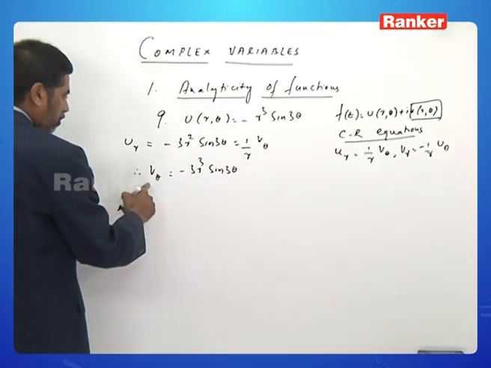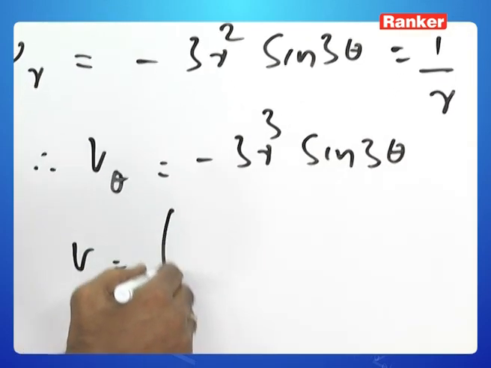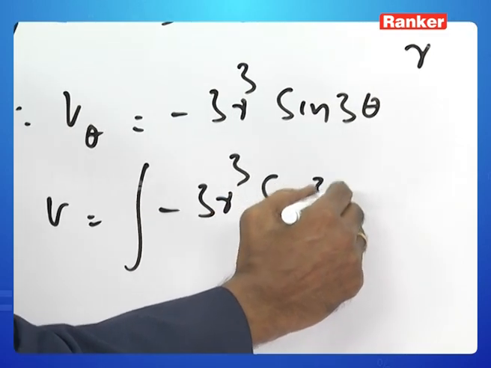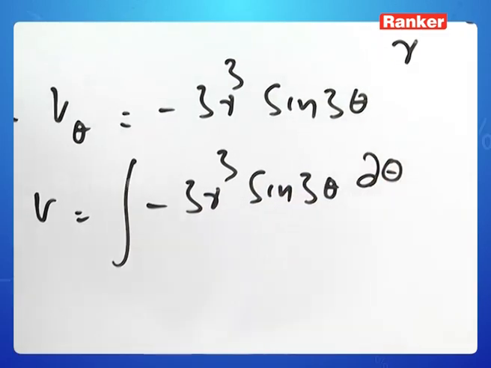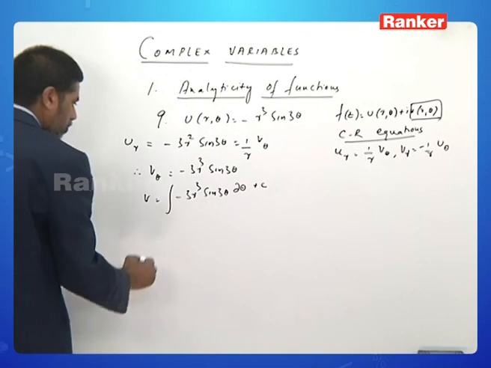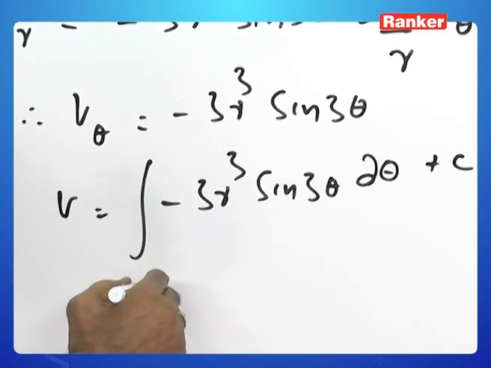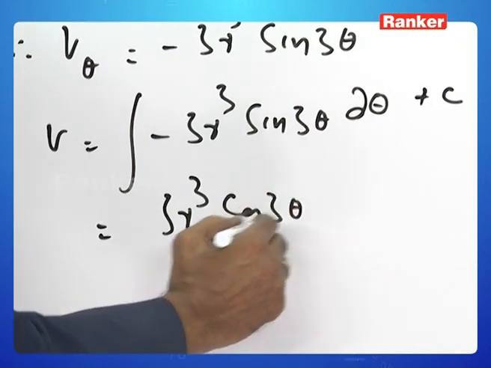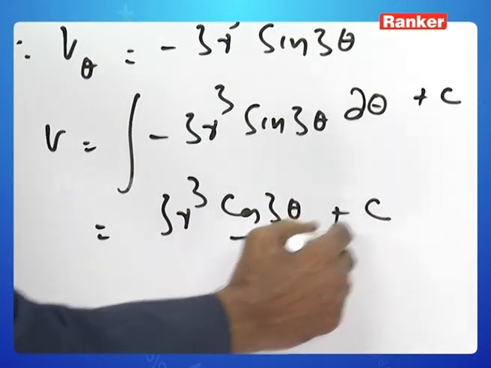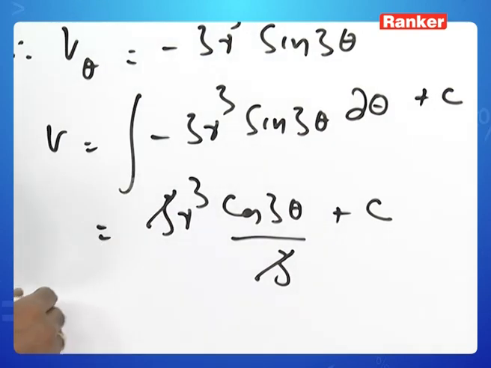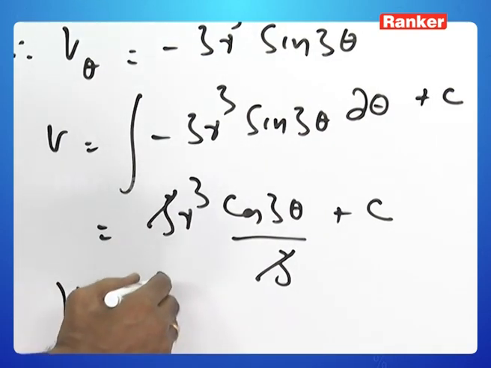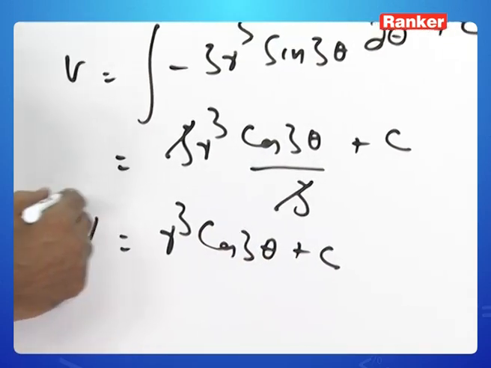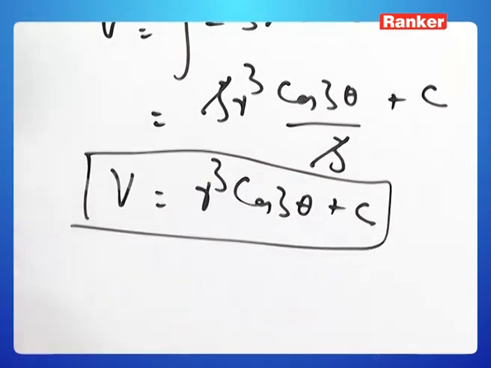So if you want to find out v from here, you have to integrate the right hand side partially with respect to theta. So you will get 3r cube cos 3 theta by 3 plus constant. So v is equal to r cube cos 3 theta plus constant,